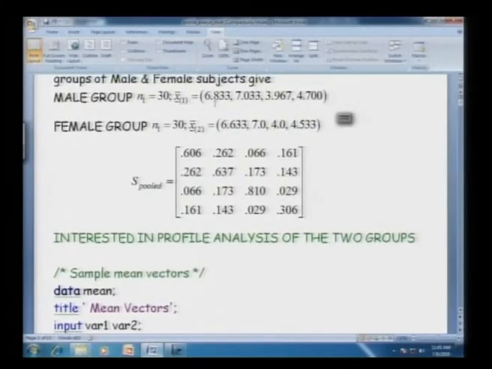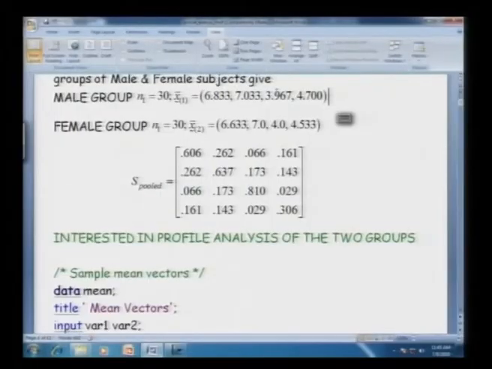So we have for the male group the first mean to be 6.8. So in the sample profile of the first group, we will join this point with the next point here to get the profile of the first group, first direction. So all these points are joined